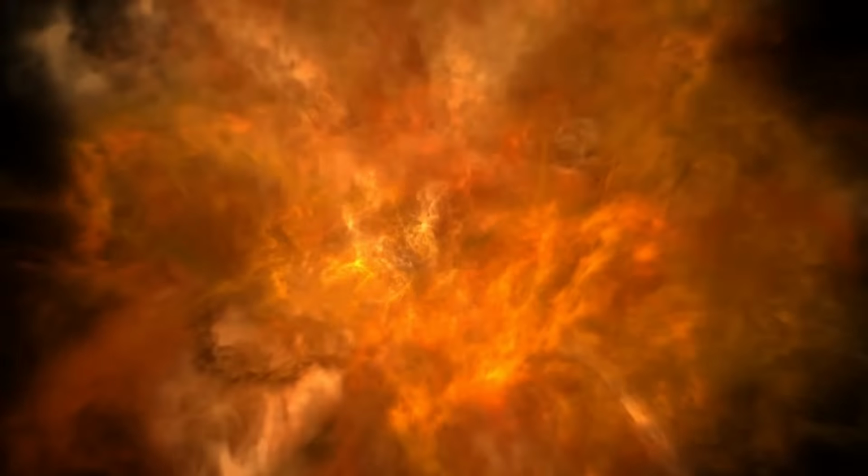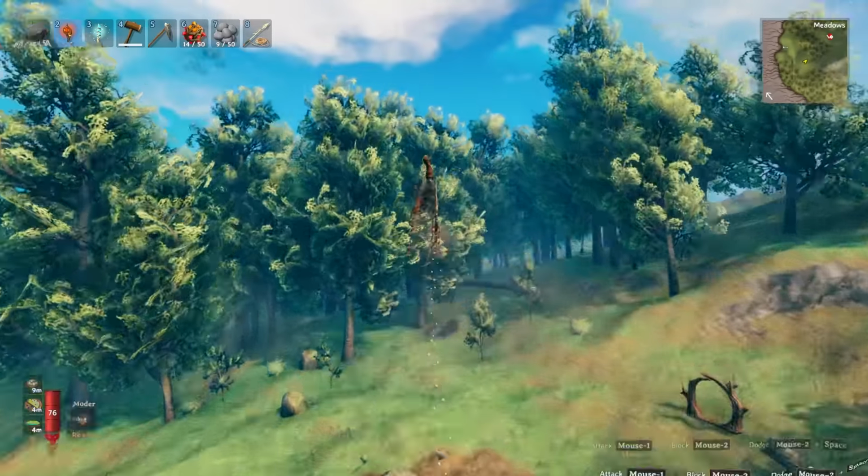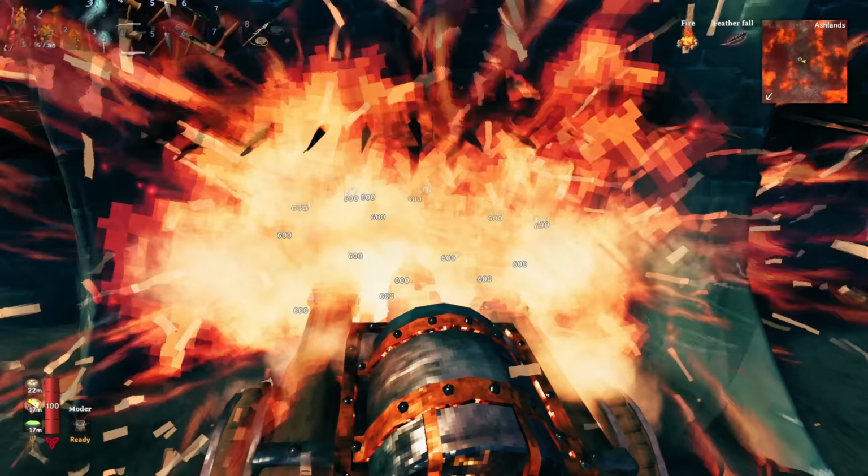Today we're going to talk about the absolute absurdity that is the new siege weapons in the Valheim Ashlands update. Let's get to it. With the Ashlands update, we get two new siege weapons, the Battering Ram and the Catapult,